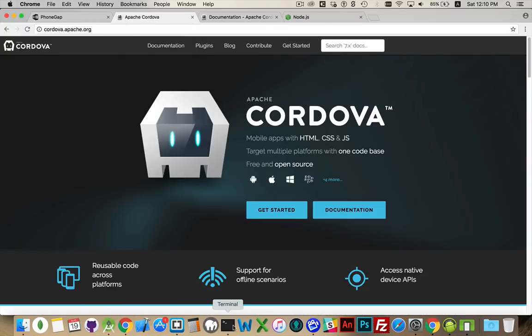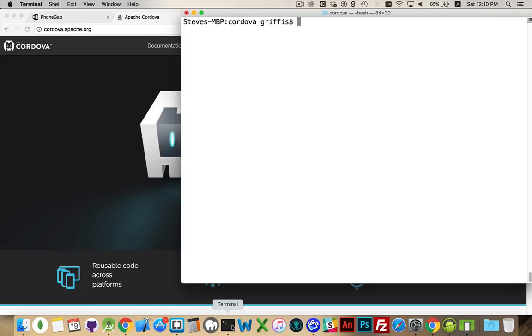So jumping over to my terminal. I've created a folder called Cordova. It is empty. There's nothing inside of this folder. What I need to do, because I've got Node installed, and I can double check that. There we go. I've got version 8.2.1 of Node installed. I can use Node